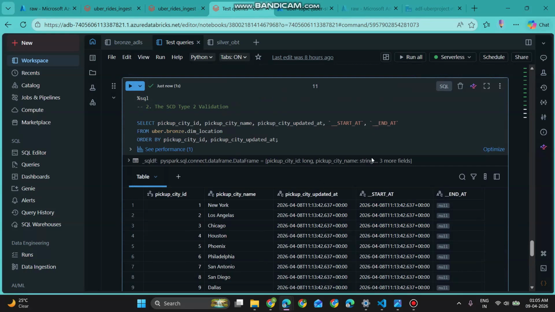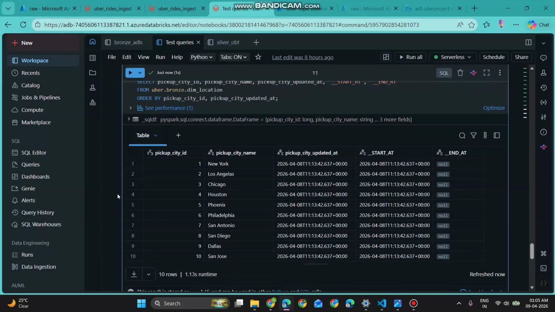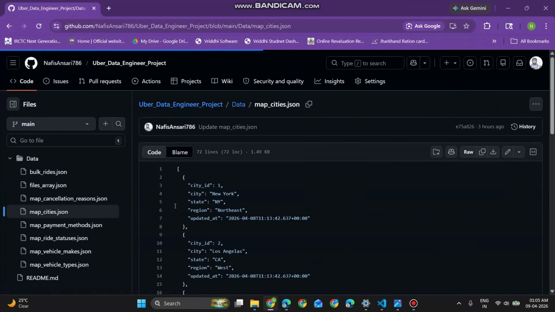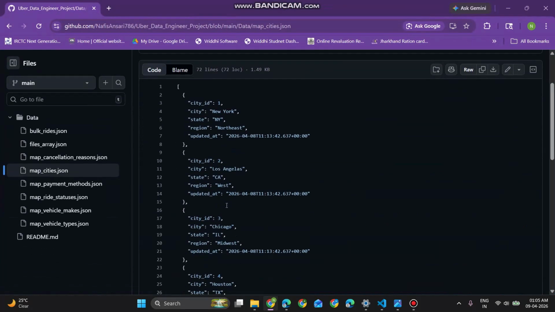Okay, so this start at and end at, I will first run the entire workflow. Okay, so let's do it like this. Instead of being so confused, I'll quickly go ahead and make changes to my mapping cities. Since this is the location dimension that we are working with, here what I'll do is